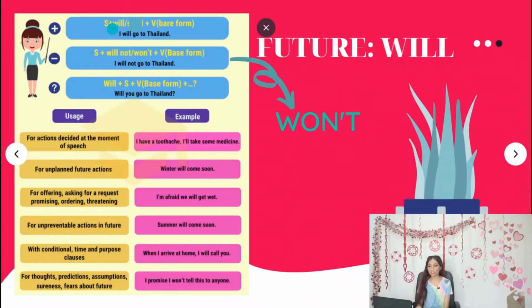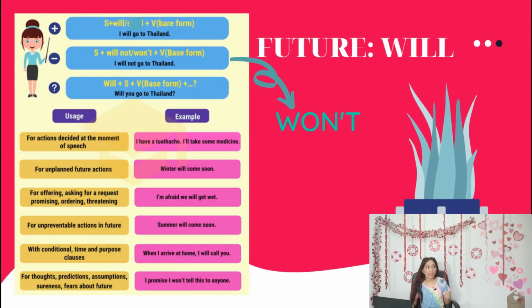And yes, I told you the structure. Remember that we always start positive sentences with the subject. Next to it, we write will, and next to it, the verb. So: I will go to Thailand. I will travel to New York. I will go to the beach. I will eat pizza. I will celebrate my birthday. It's near. So this is what we use. This future will is used when we want to talk about predictions, or about plans that we have, of course, for the future.